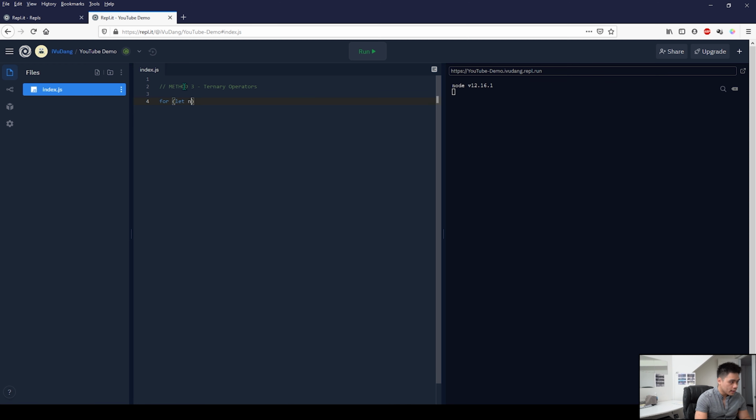For bracket let n equals 1, semicolon, n less than or equal to 100, semicolon, n plus plus, bracket, and then console.log, bracket, so bracket n, remainder operator of 3 strictly equals 0, and then question mark, quotation fizz, and then colon, quotation, quotation, and then close a bracket plus